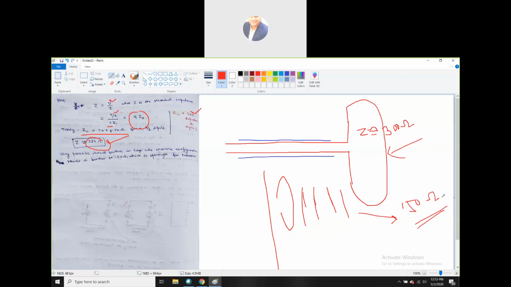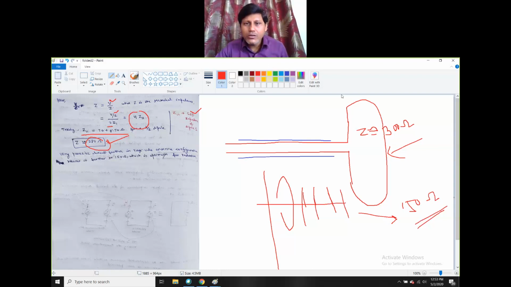So too small a load of 23 ohm is also not good. So the optimum impedance of 150 ohm is the best when you connect it in a Yagi-Uda configuration and so on. And that is how we have got the idea of the folded dipole. So in this way, if you write the folded dipole, start with this one, all these parameters, I'm sure you'll get complete marks.